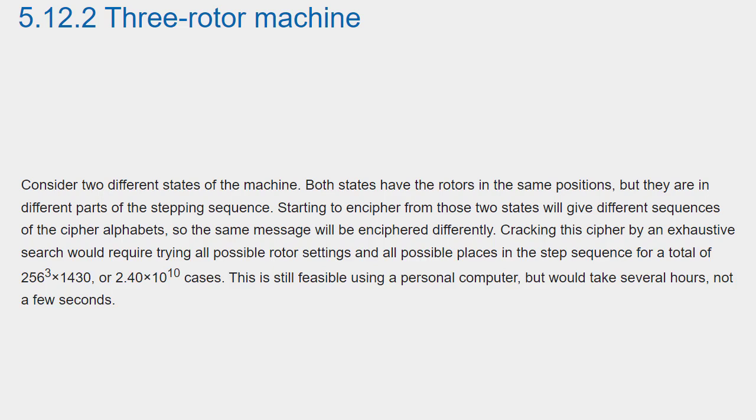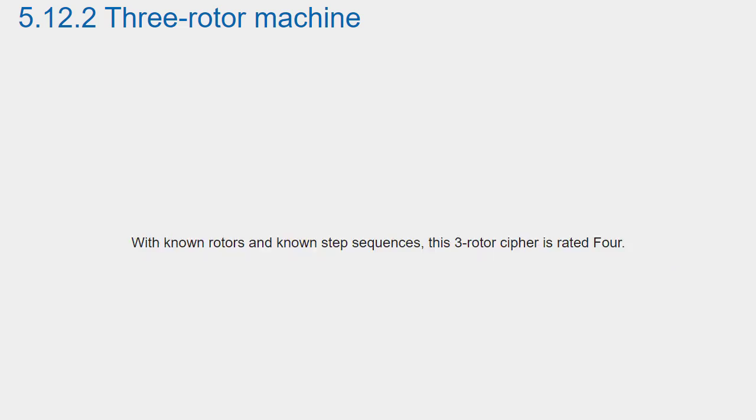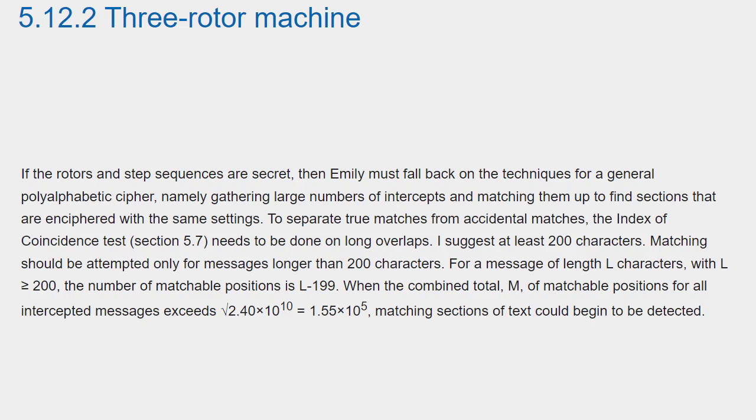This is still feasible using a personal computer, but would take several hours, not a few seconds. With known rotors and known step sequences, this 3-rotor cipher is rated 4. If the rotors and step sequences are secret, then Emily must fall back on the techniques for a general polyalphabetic cipher, namely gathering large numbers of intercepts and matching them up to find sections that are enciphered with the same